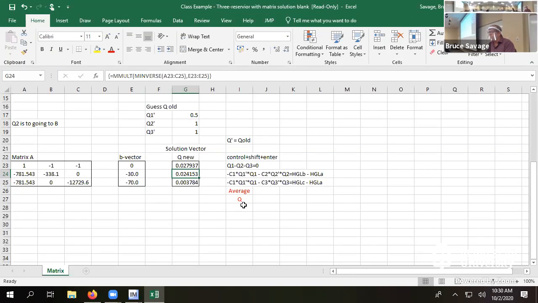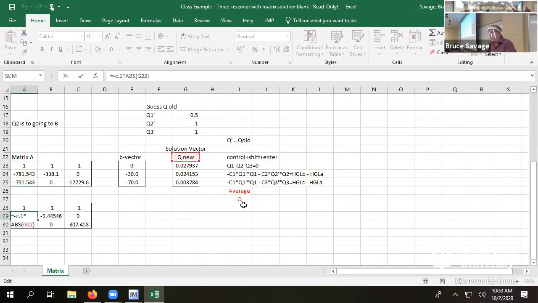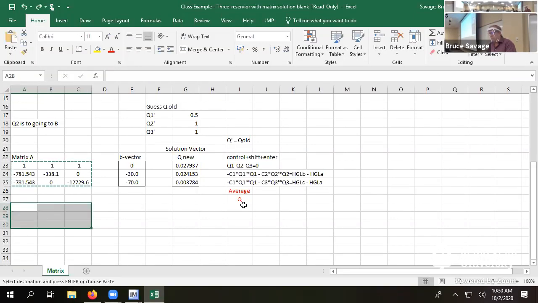And I can now use that. Q new becomes Q old. All right, so I'm going to go ahead and copy this down, and I'm going to leave two spaces, just for fun. So I grab that, bring that down. You'll note that, if I would have gone three spaces, maybe let's do that. So this is a good example of relative references. If I know that here's where my old guesses are and my new guesses are 1, 2, 3 down,